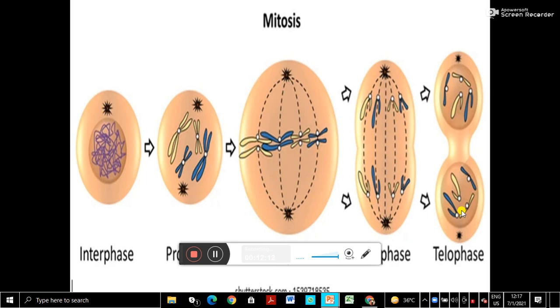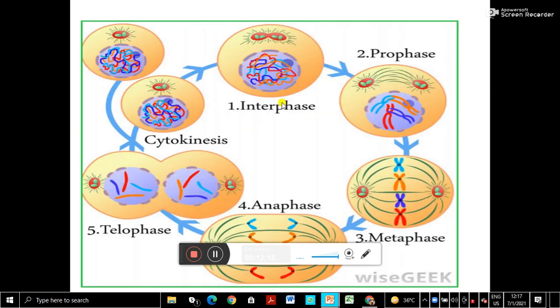Okay, I'll show you one more image here. The same, anyone you can draw in your notebook. So this is the interphase. Chromosomes are scattered. And second, here it comes to prophase. Prophase is shortening and thickening of chromosomes. Centriole is dividing, isn't it? And each of them going to opposite poles. And here are the 4 chromosomes with its chromatids. Okay, 2 sister chromatids are there.